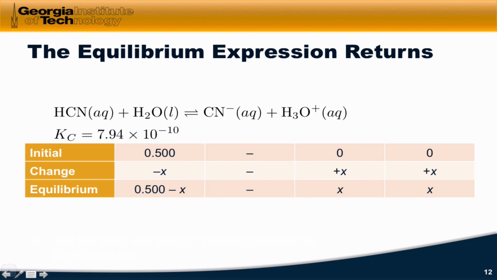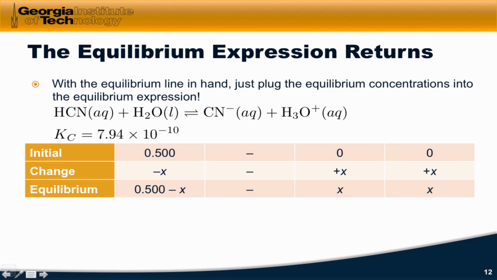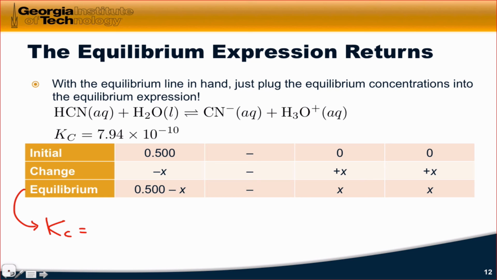What do we do with these equilibrium concentrations once we've got them on the E line? Well, this is the essence of solving an equilibrium problem, and it uses the key condition on any chemical system at equilibrium, which is that the equilibrium expression is equal to K, the equilibrium constant. In addition to writing these expressions for the equilibrium concentrations, we can also write that Kc is equal to the concentration of CN- at equilibrium times the concentration of H3O+ at equilibrium divided by the concentration of HCN